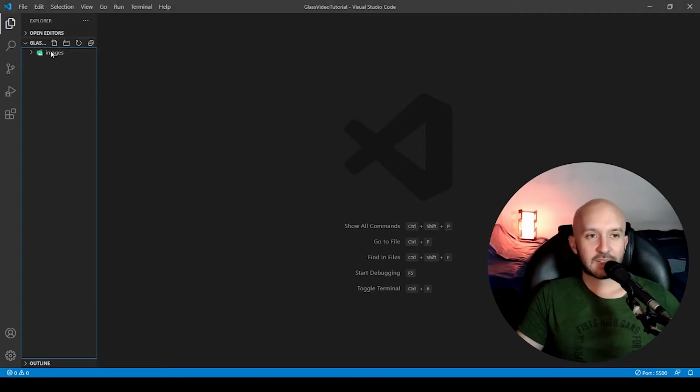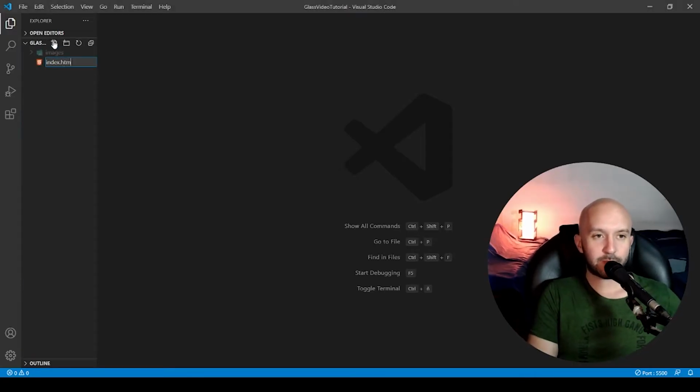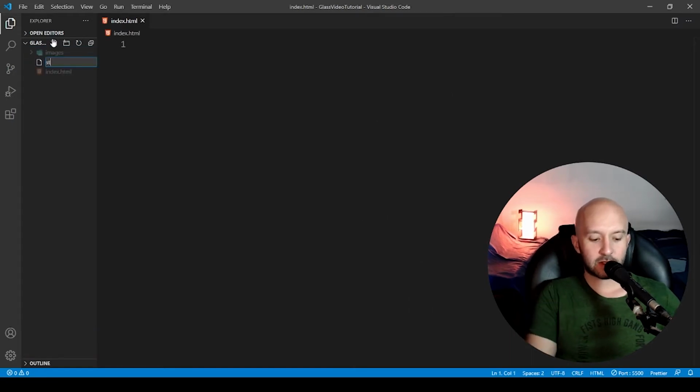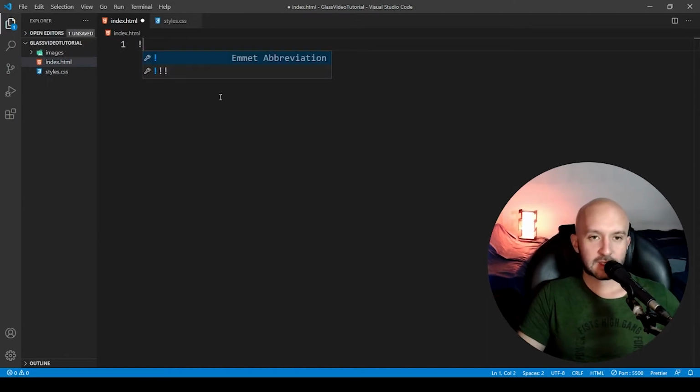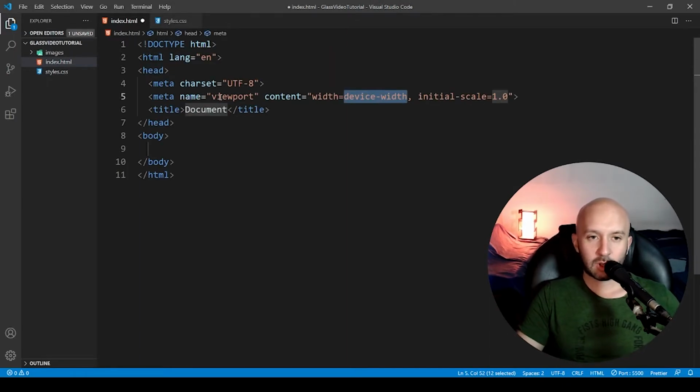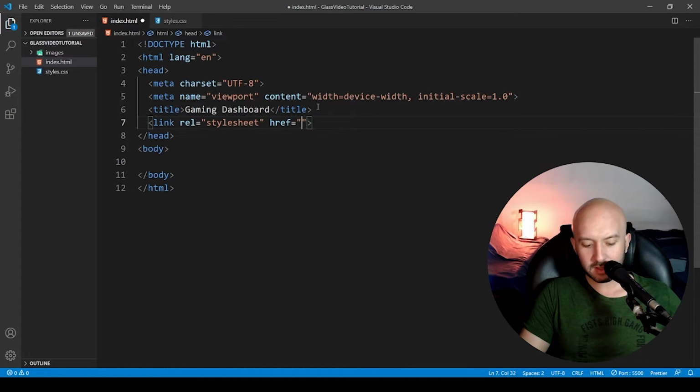We will start by creating the index.html and also the styles.css. With those two files, that's all that we are going to be working on. Start with Emmet, !tab, to create all the boilerplate. We will change the document title to Gaming Dashboard. And then we will also link to our styles, that will be